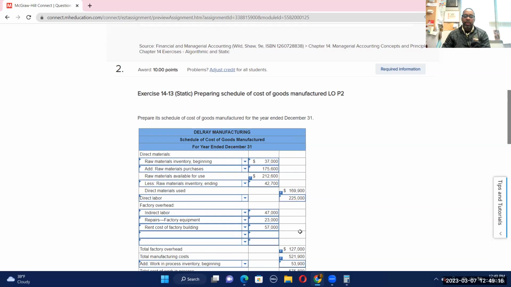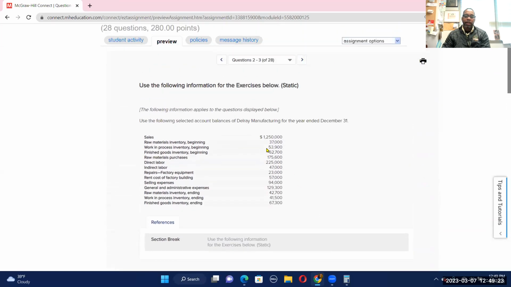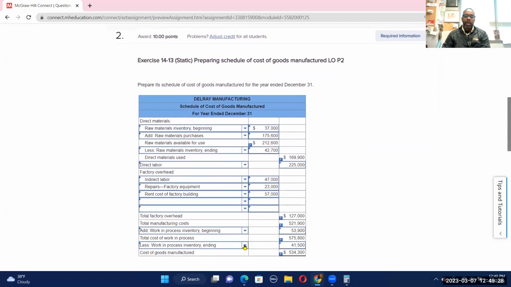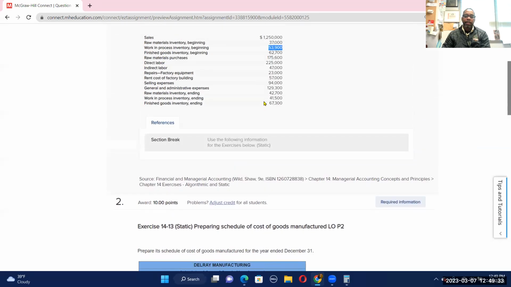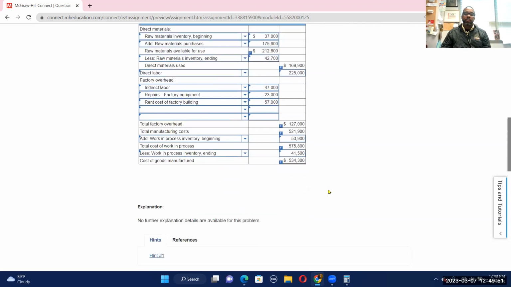We add that to the direct materials and the direct labor to get your total manufacturing cost. Now we're going to add the work in process in the beginning, which is 53,900, and then subtract the work in process at the ending, which is 41,500. That gives you $534,300. That's how you calculate your schedule of cost of goods manufactured. So that's the first step. Second step